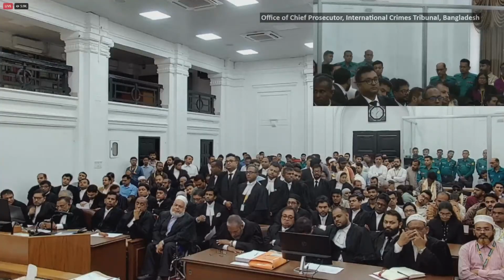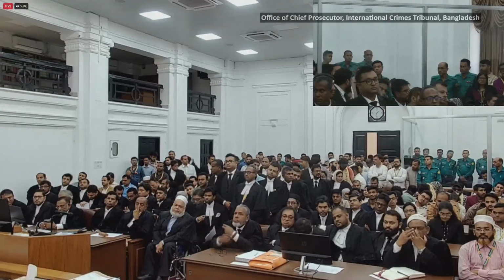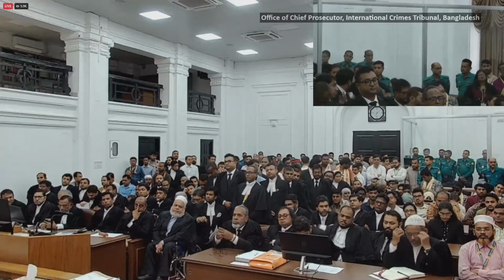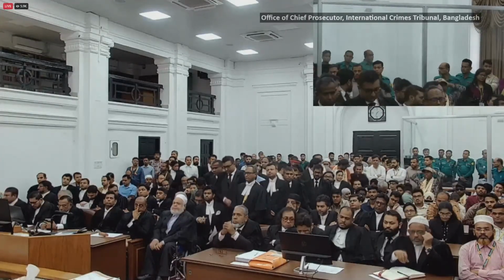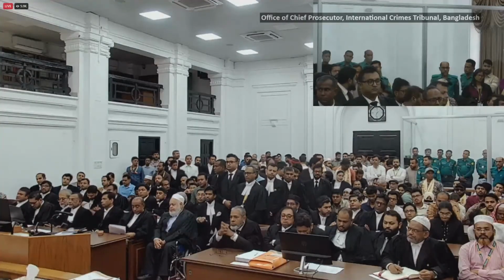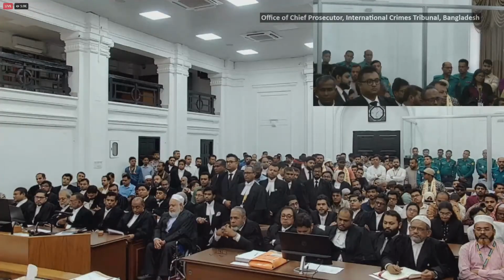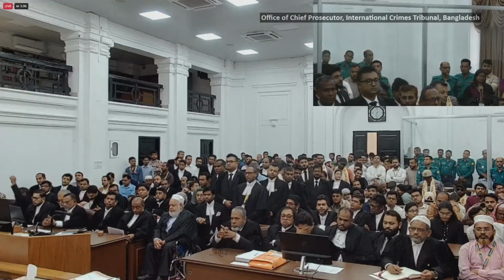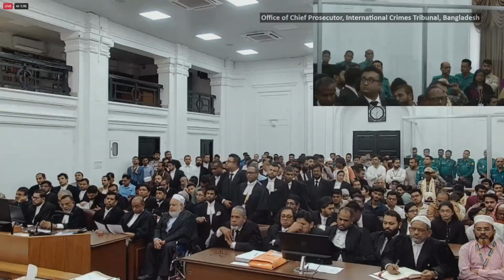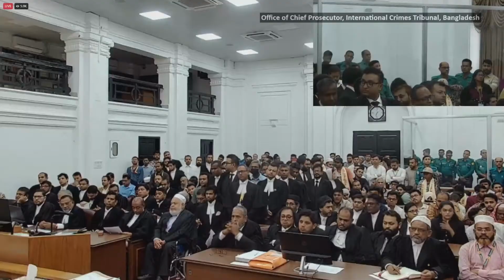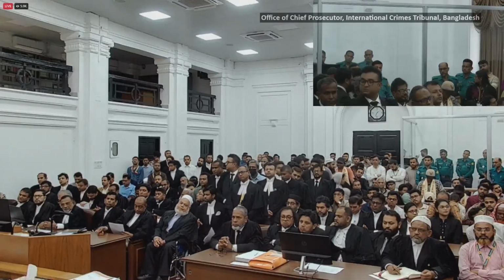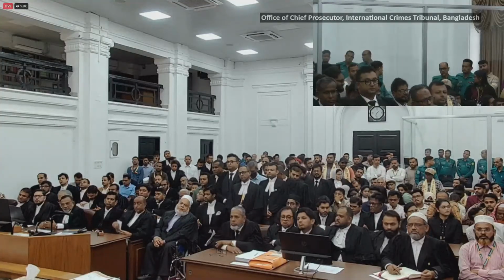It is revealed from the evidence of PW21 Dr. Zakia Sultana that on 18 July 2024 they received 200 patients aged about 14 to 25 years with bullet injuries. On 19 July 2024, also similar number of patients with bullet injuries were admitted in the hospital. Numerous patients with bullet injuries were admitted on 4th, 5th, 6th August 2024.